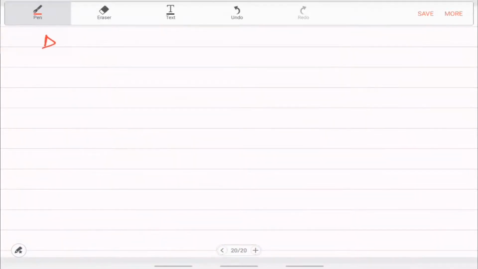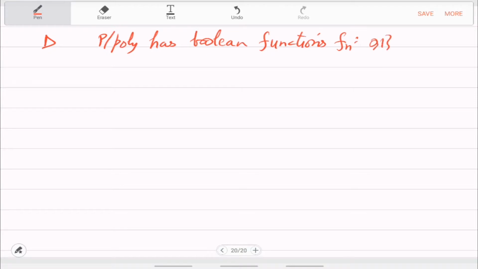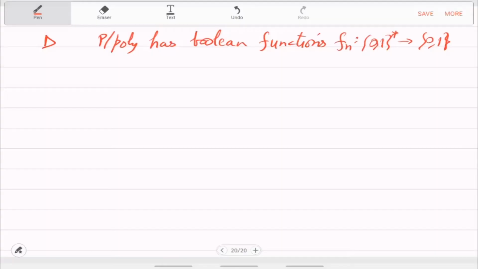Remember that P/poly has Boolean functions, because it was solving a problem. Every Boolean circuit is just solving a decision problem, so its output is only 0 or 1. So you can think of P/poly as having Boolean functions, while arithmetic P/poly